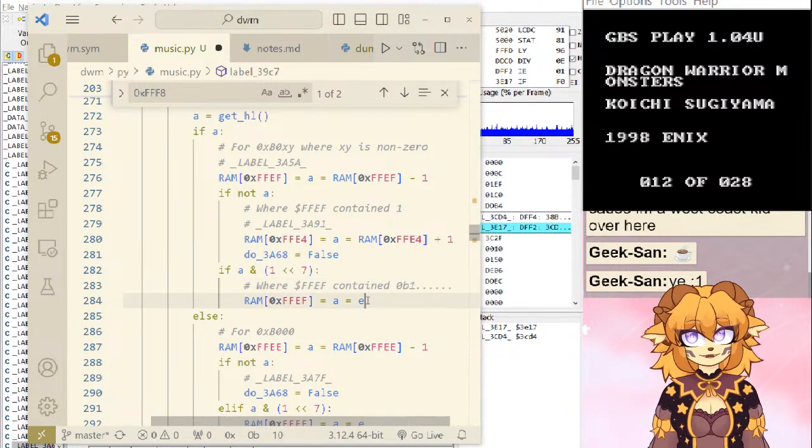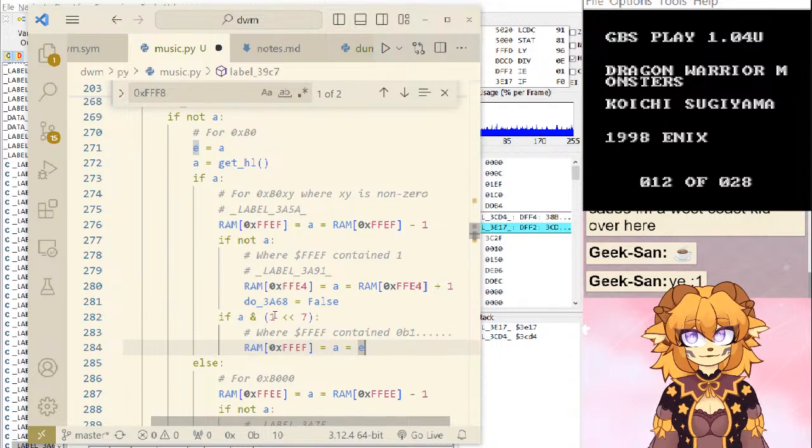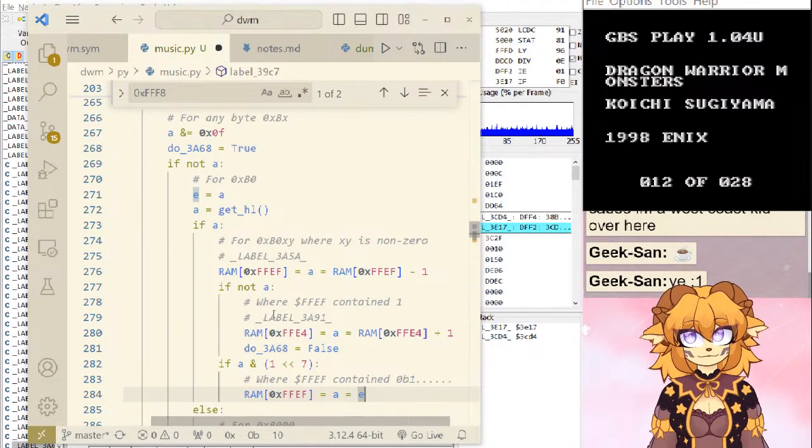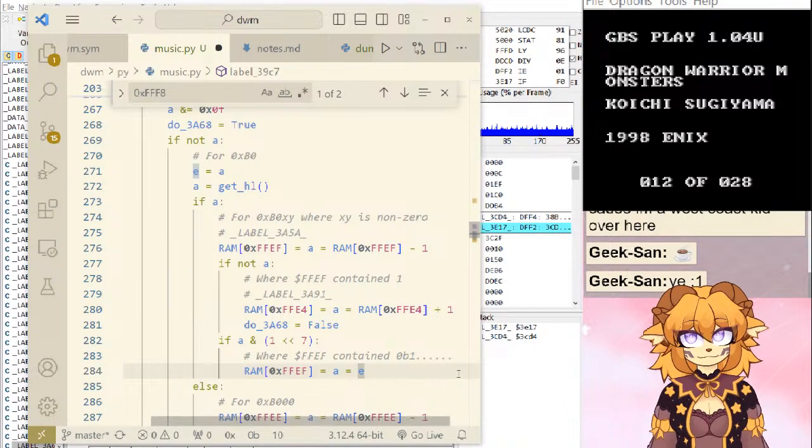So what are we setting it to here? Oh, we're setting it to 0.